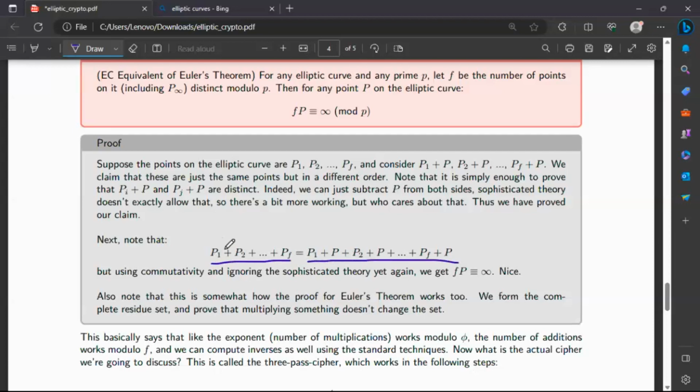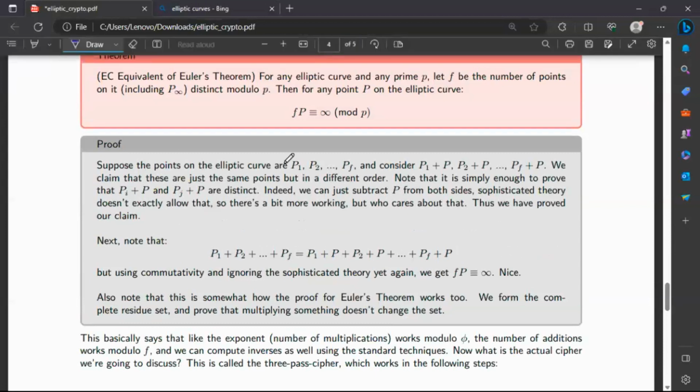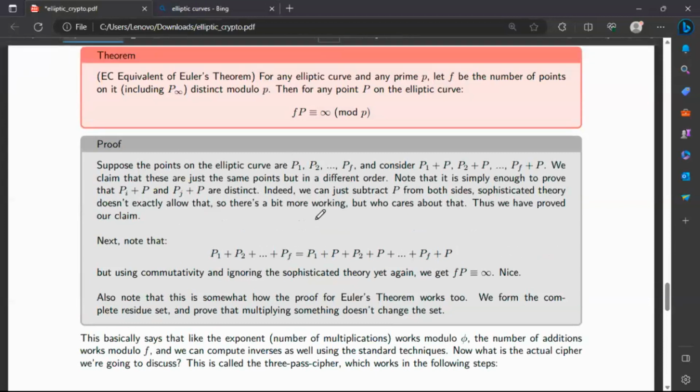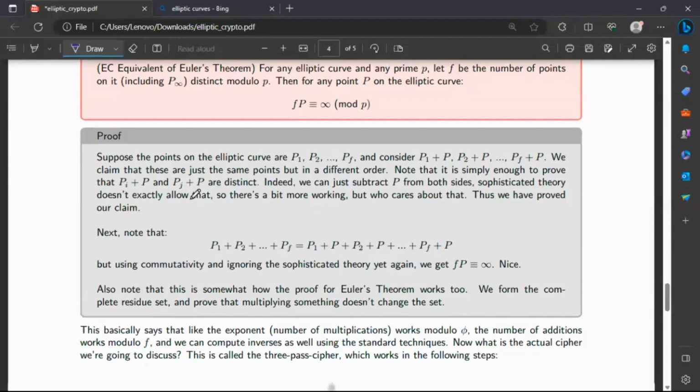Now we'll ignore the sophisticated theory and formality here again. Cancel P1, P2, PF, and so on, and we'll get Fp is congruent to infinity, or the point at infinity, modulo P. Very simple proof, basically equivalent to Euler's theorem proof, where we have elements a1, a2, and so on till a phi of n. Multiplying them, we get the same set,